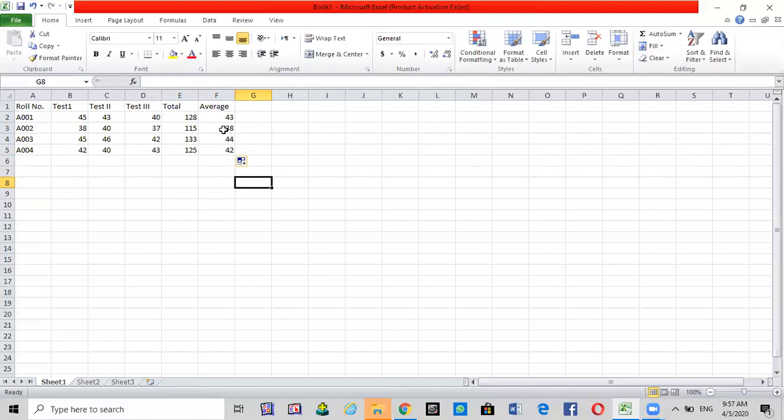Now I will tell you about another useful feature of this AutoSum button. If you click the arrow next to the AutoSum button, you find that you can also find the maximum or minimum value, things like this. So let's say we want to find out who got the maximum marks, what was the maximum marks in test 1. So I will write here maximum,